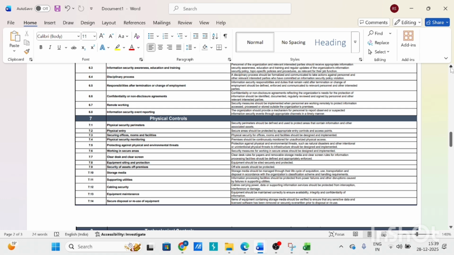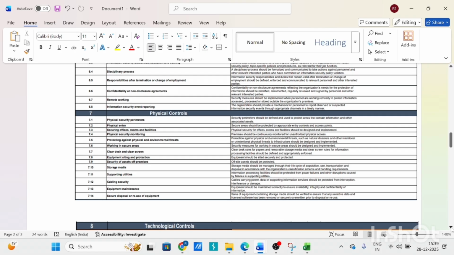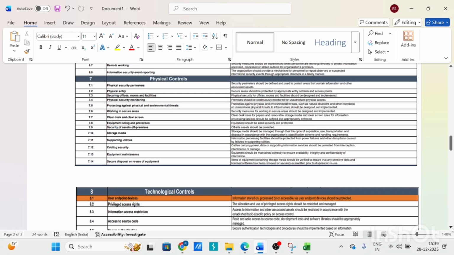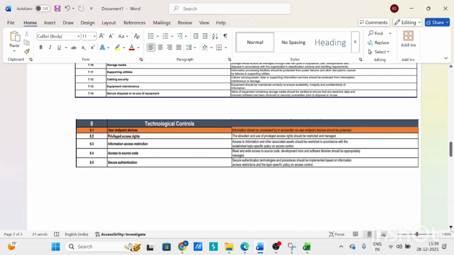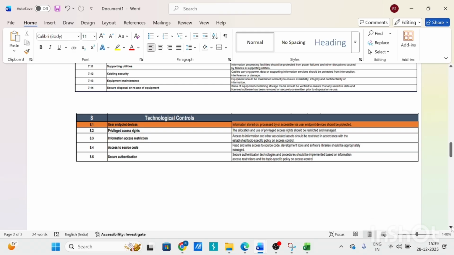7.14 is the secure disposal or reuse of equipment. In this section, items of equipment containing storage media should be verified to ensure that any sensitive data and licensed software has been removed or securely overwritten prior to disposal or reuse. Section 8 talks about the technological controls, starting with the endpoint devices, where information stored